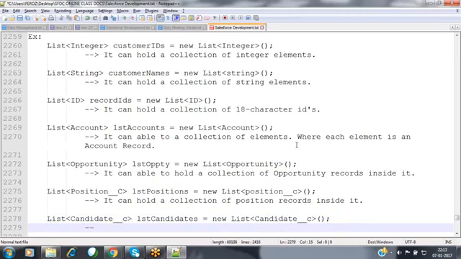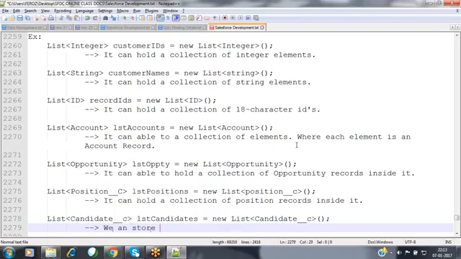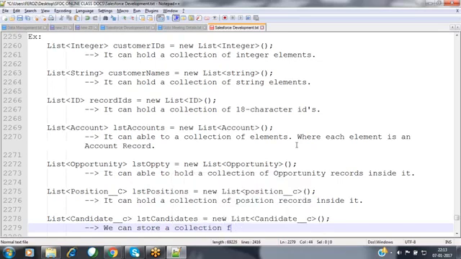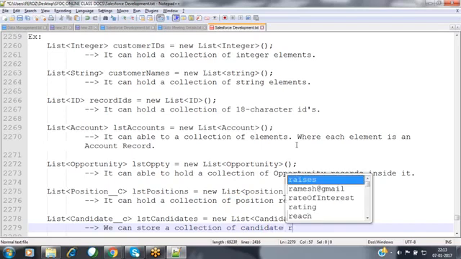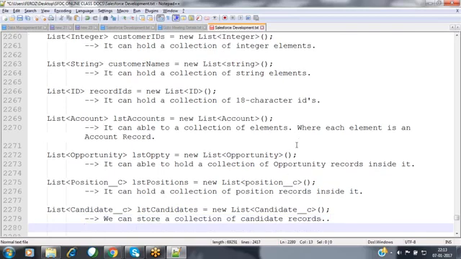Now we can store a collection of candidate records here.